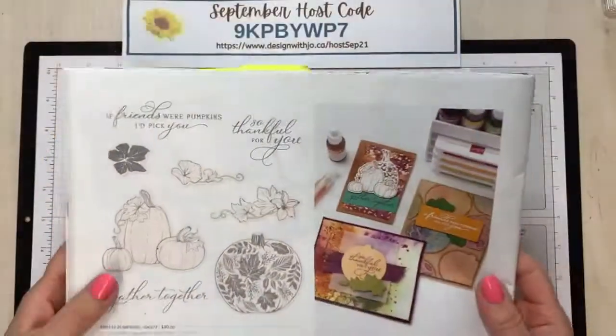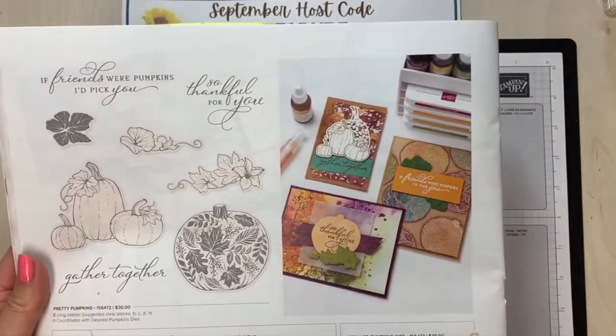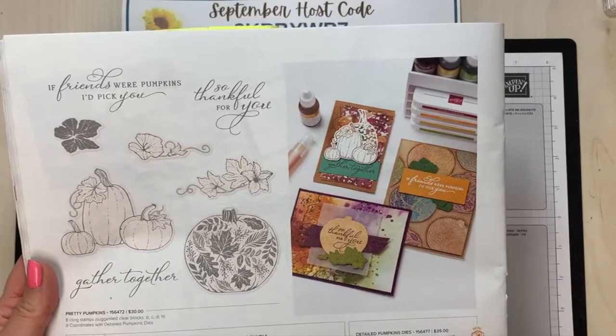There's all kinds of tips and tricks on this one. It's a very artsy card, so that's going to give you maybe a little bit of a hint as we get going. Okay, so we are going to be making one of these cards here, very similar to it,